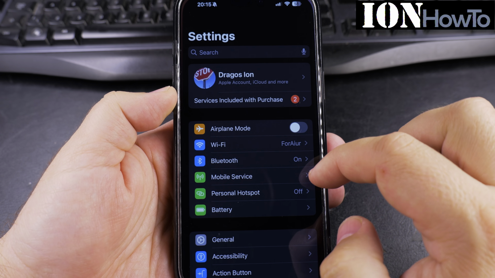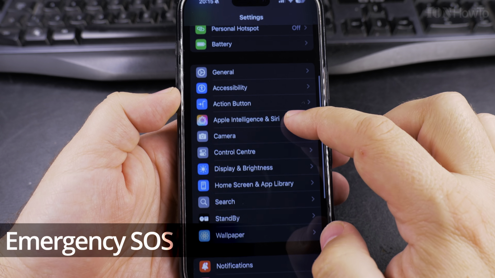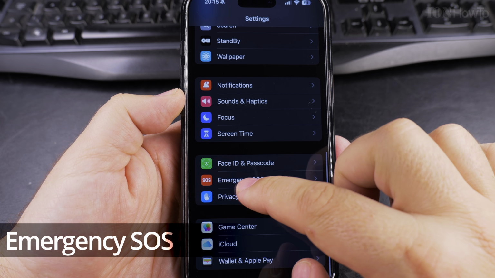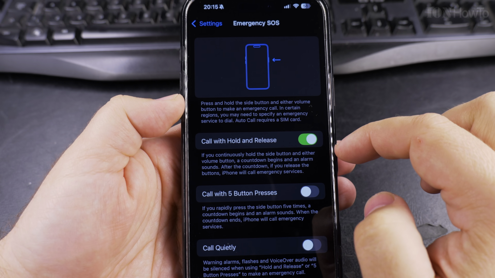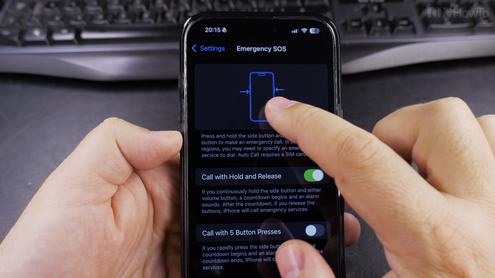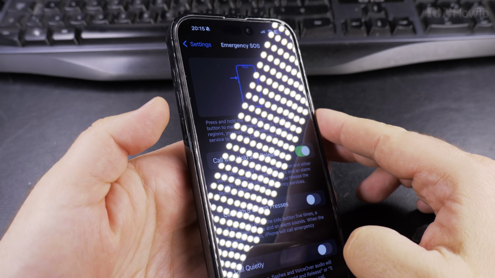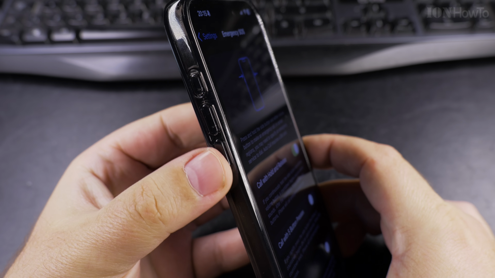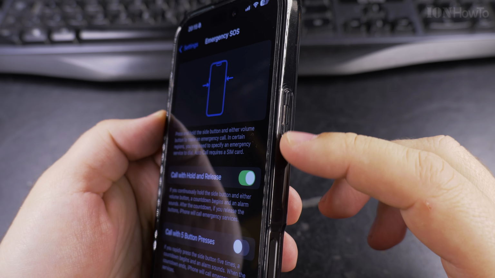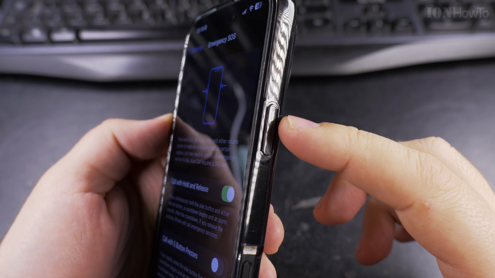In this video, I'll show you a basic setup of the Emergency SOS function of your iPhone. This is the iPhone 16 Pro Max running on iOS 18.3, 18.4 now. The Emergency SOS is a function that will send a panic message to a relative or to